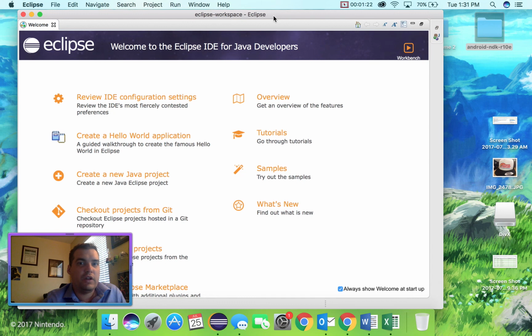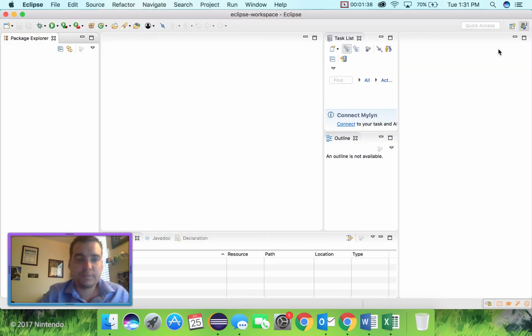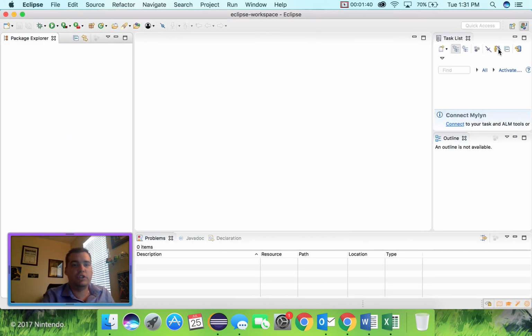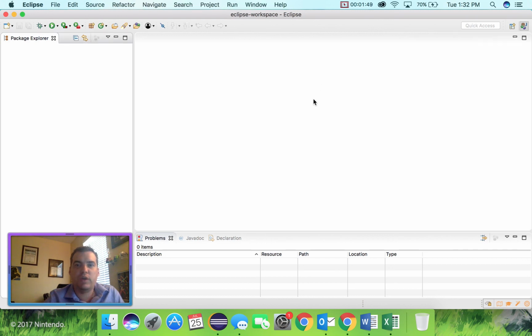So take a look at this particular screen. This will only show up once you have loaded up Eclipse for the very first time. It has a little bit of an overview. What does the IDE really have? For now, we're going to go straight to Workbench. And inside of this Workbench, there's going to be three primary areas that we're going to be working in. So we're going to take away this task list and outline, just so we have a little bit of a